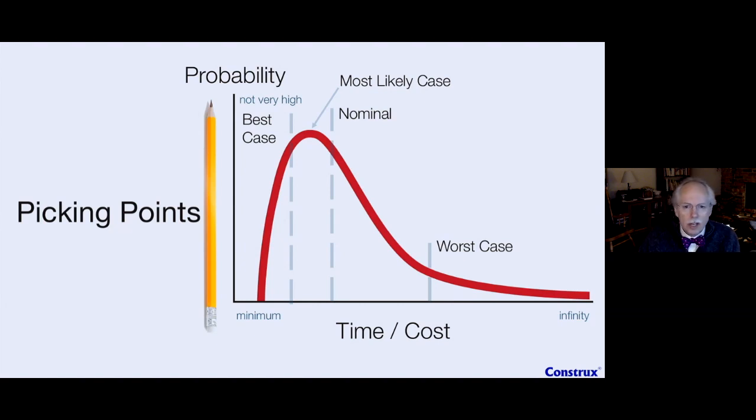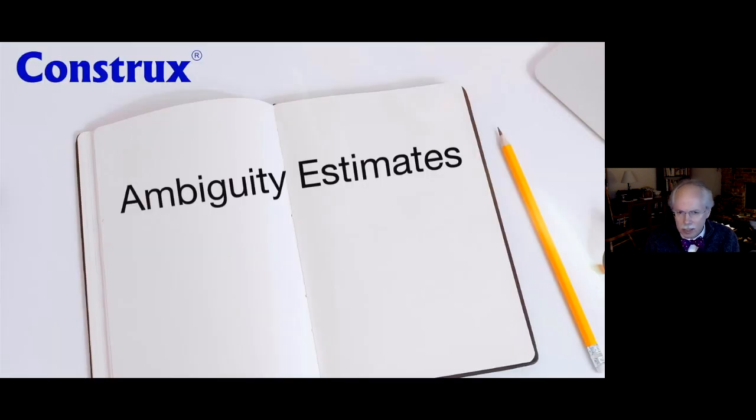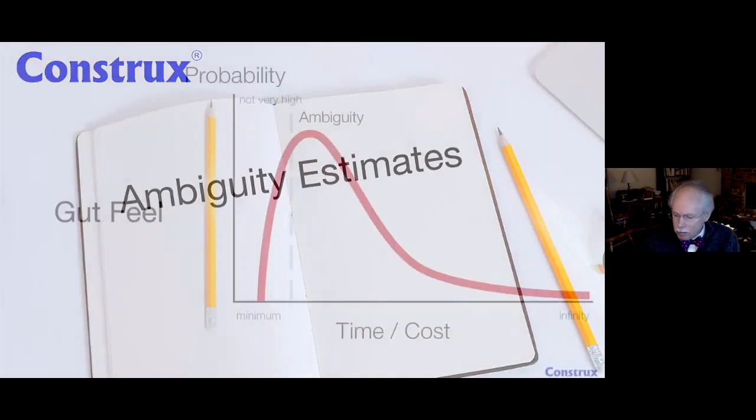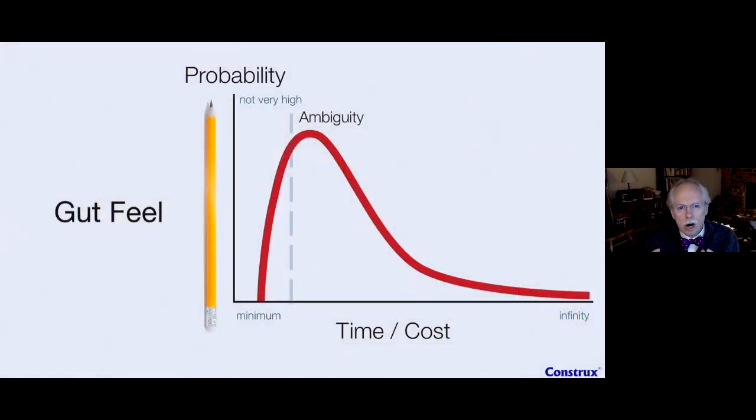So as I think about this, now I want to think about our 3 different estimation types, and I want to use my curve to help flesh those out. My first type is ambiguity estimates. Ambiguity estimates are estimates that we use to identify ambiguity. So how can we play with this? Well, we're going to use our best case point, but I'm going to rename it my ambiguity type estimate.